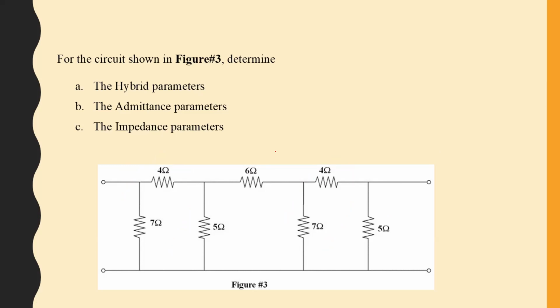Sir Atkinson? Yes, sir. Just tell me the approach you would take. All right, so my approach would be to break up the circuit from the 6 ohm. So I have 3 ohm on one side and 3 ohm network A, the 3 ohm, the 5 and the 4, and the 7 network B. Then I'll find a hybrid parameter for each of them. It would therefore be a cascading circuit. So I add